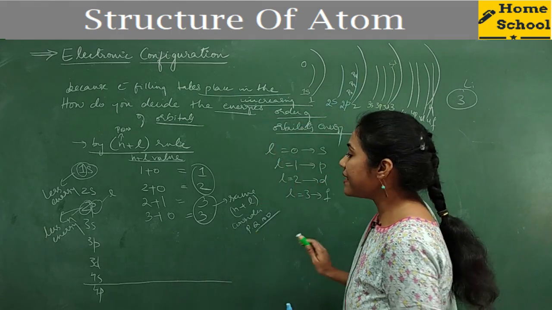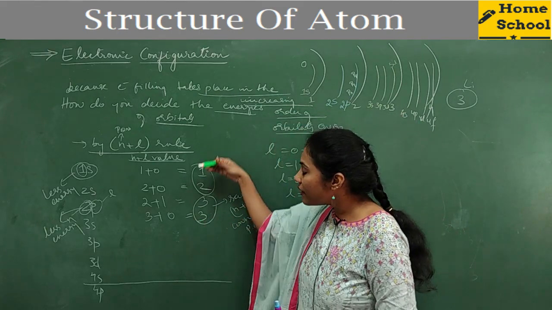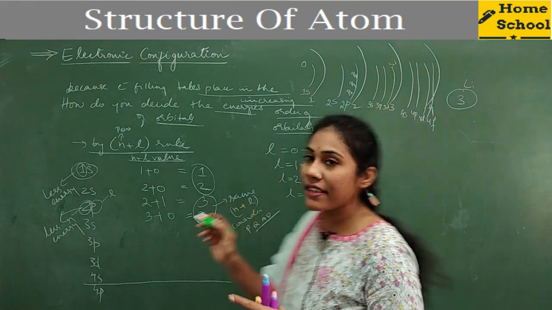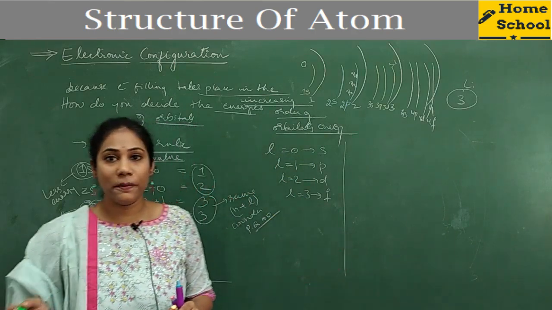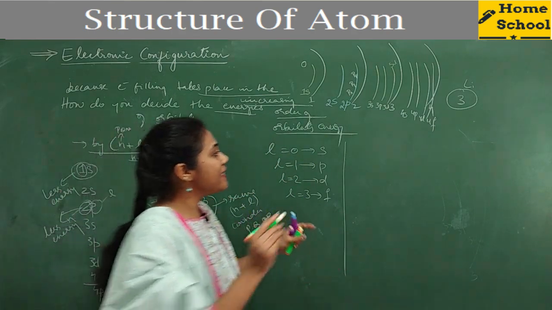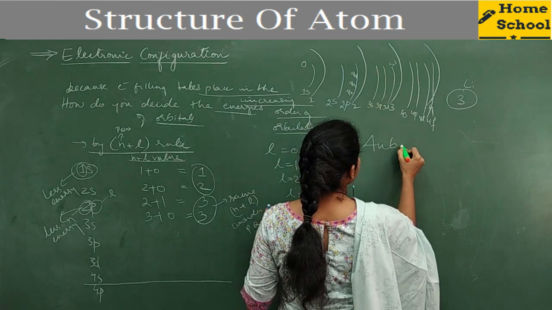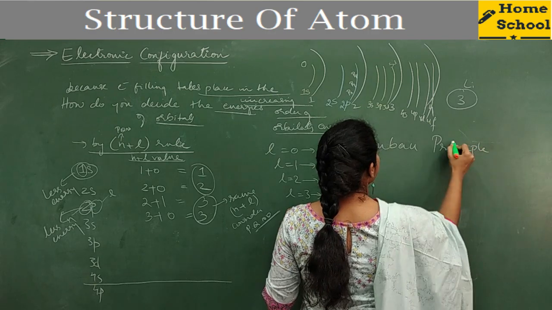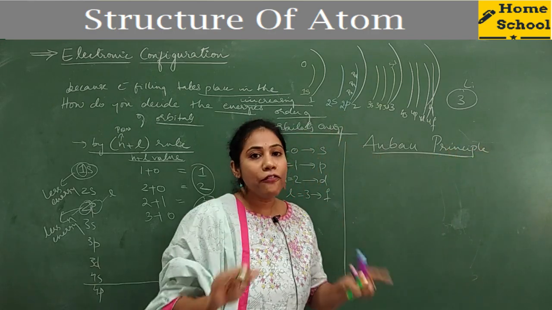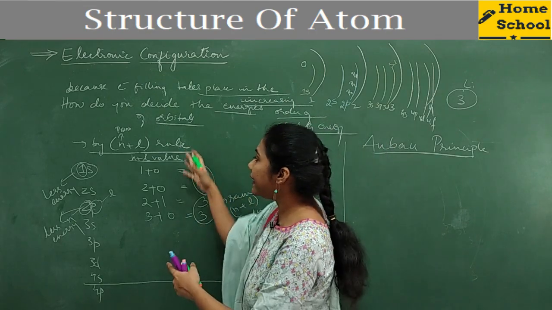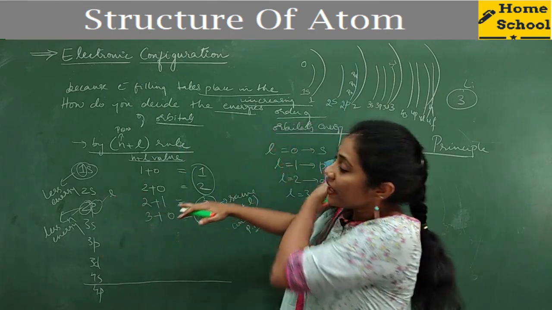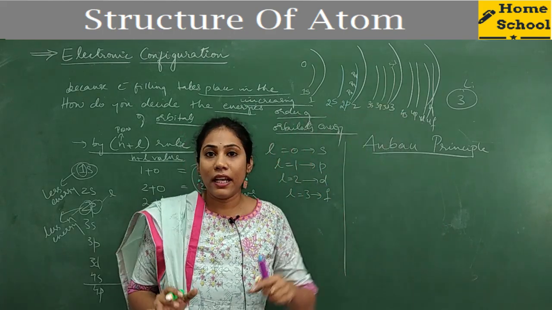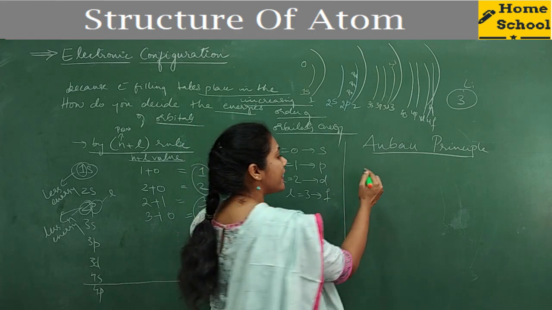Okay, fine. So this is how N plus L values are calculated, and they have arranged all the subshells in the increasing order of their energy. There is a person called Aufbau. He has given a principle, and we call it the Aufbau principle. What Aufbau did is he calculated the N plus L values of all subshells, and according to their increasing energy, he arranged all the orbitals. Clear? And this is how we arranged it actually.